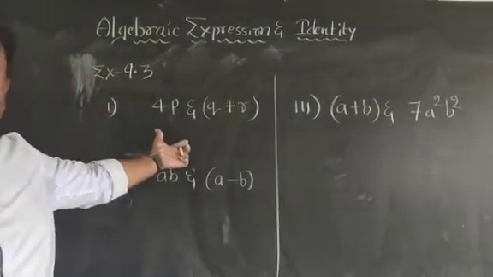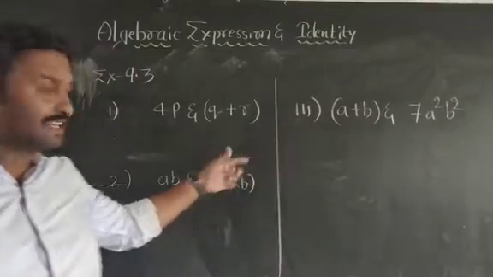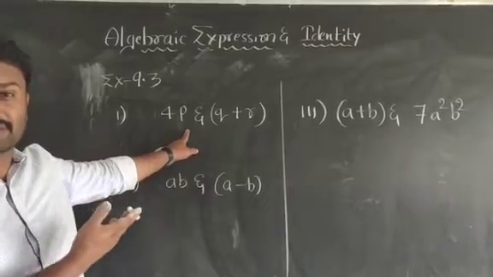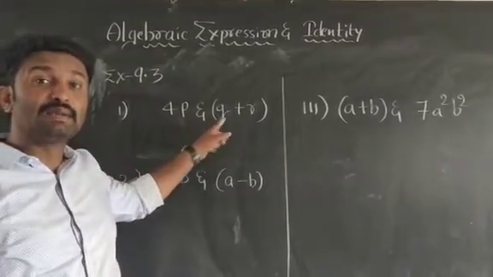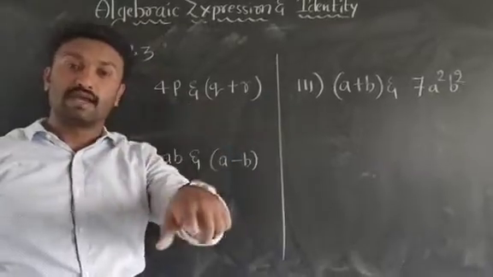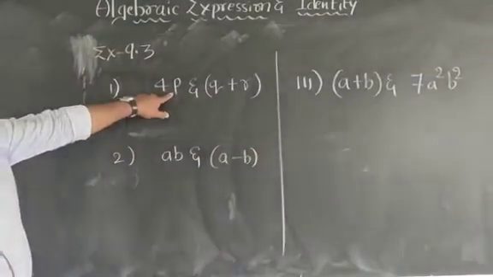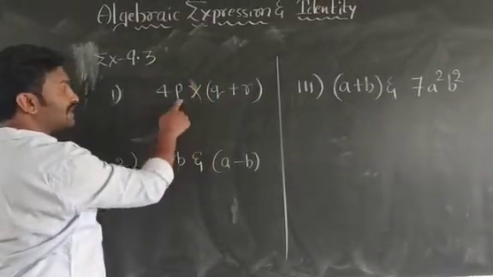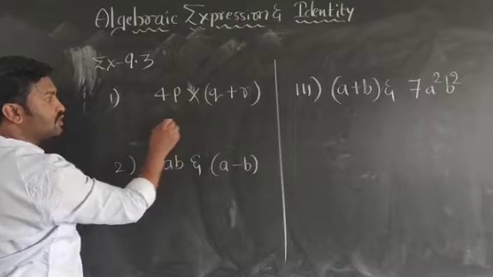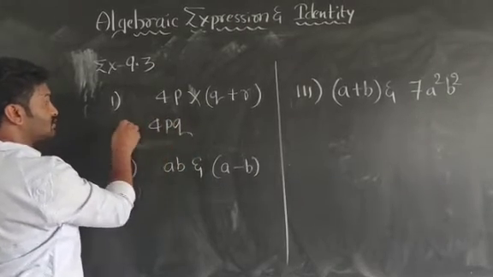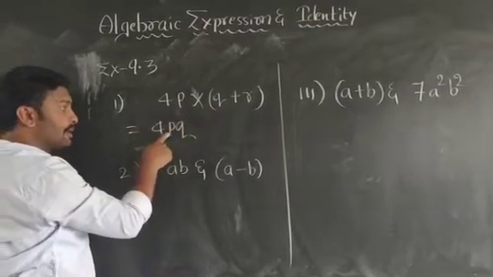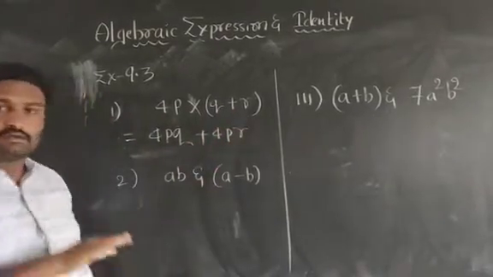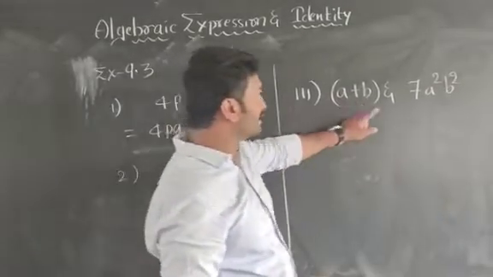Okay. Already we have reached 9.3. So early, right? And here again we have to multiply. Find the product. Already we discussed multiplication of binomial and monomial. Here this is a monomial and this is a binomial. Multiply 4p into q plus r. 4p into q is 4pq, plus 4p into r is 4pr. This much.